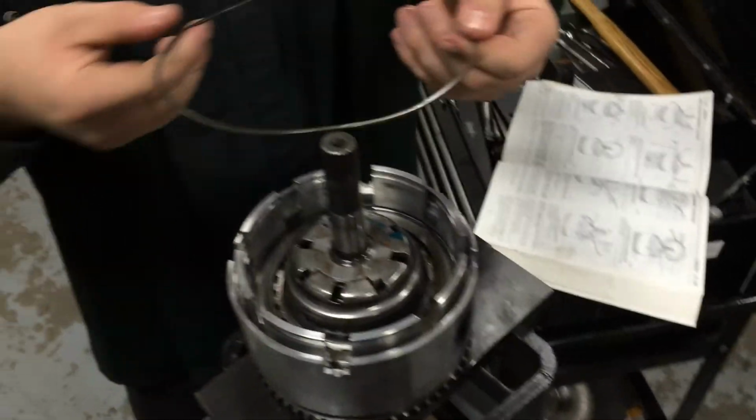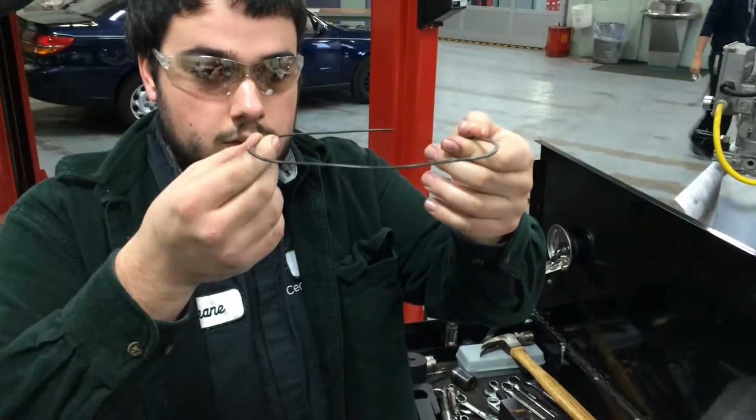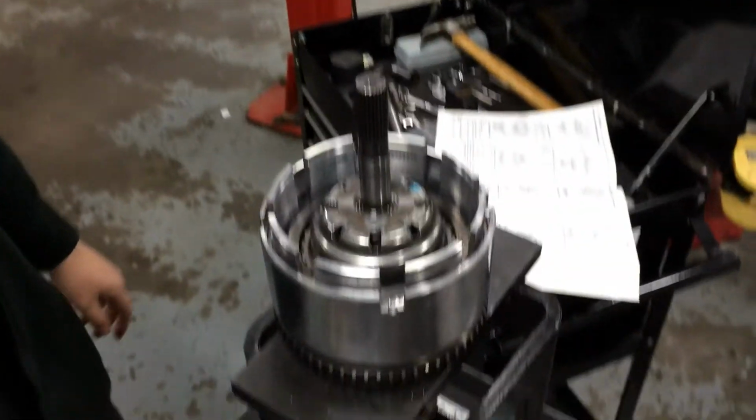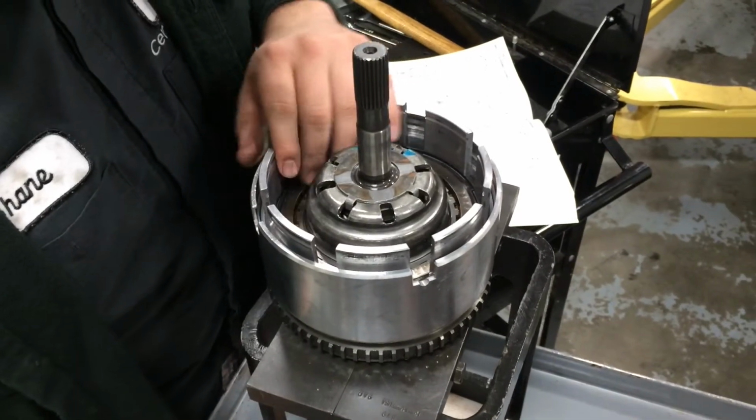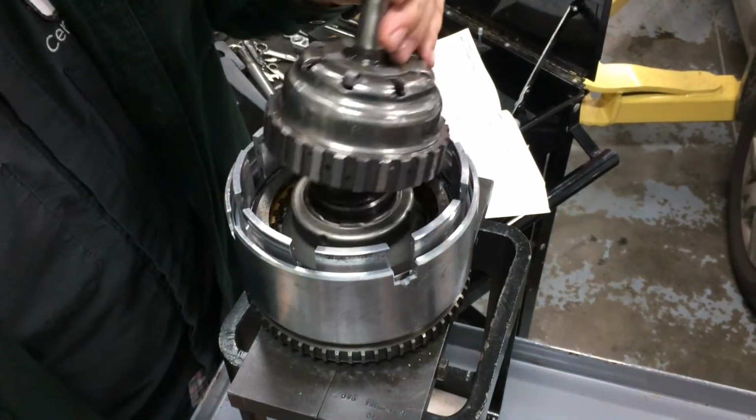This is a waved snap ring that is used in the bottom of the overdrive to keep the reaction plate in the correct location. So, next,